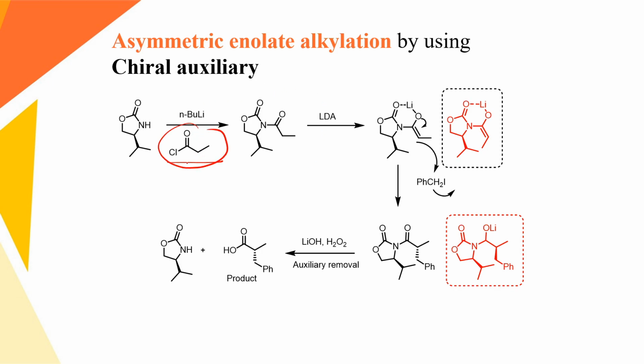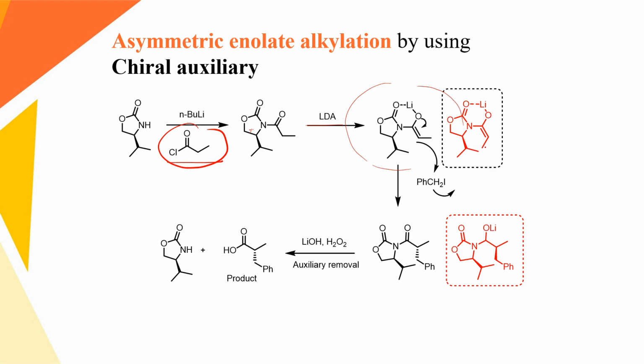This doesn't have any kind of chiral center or any kind of chiral induction. Now after attaching this particular Evans auxiliary part, a new chiral center is here. Now we treated with LDA to form this particular intermediate, the enolate intermediate. Now you can see there are two possibilities, cis enolate and trans enolate, both are possible, but if this